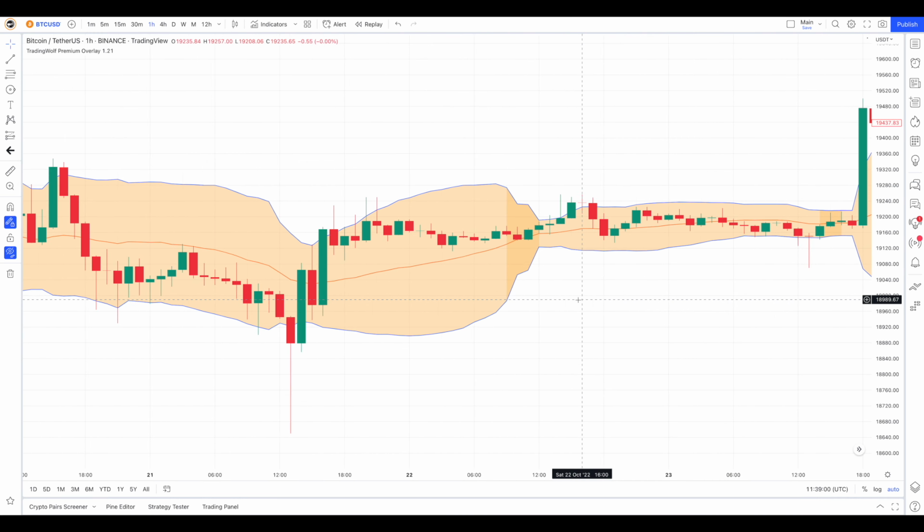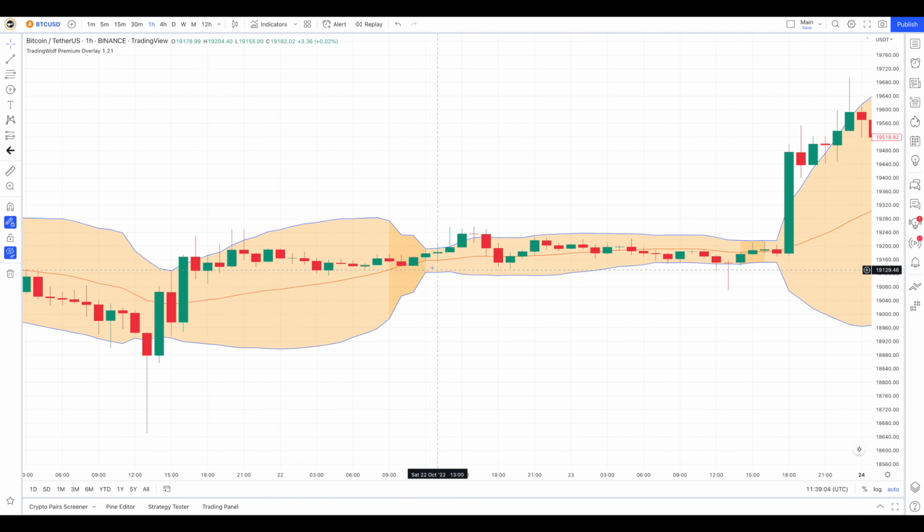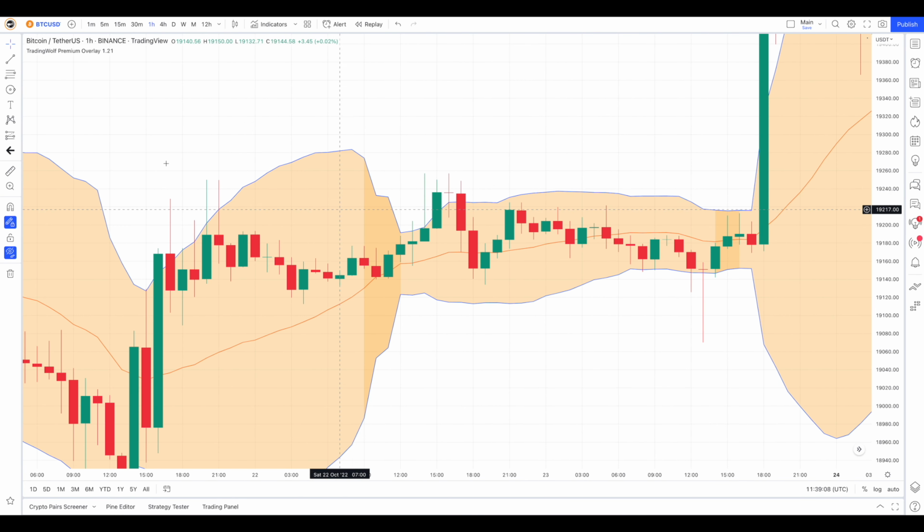So for this example, you want it to squeeze for at least a couple of candles, so this one would be considered valid, and the direction is confirmed when a candle closes outside of the bands. So you would have been confirmed on this candle, but this isn't necessarily where you look to enter. You look for a retest on the last candle of the opposite color. So for example here, you look for an entry on this red candle. So if I just get a box,